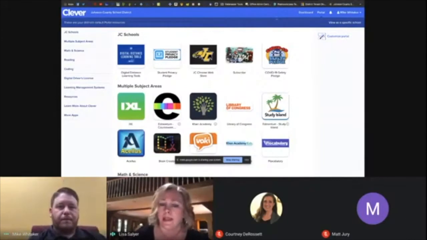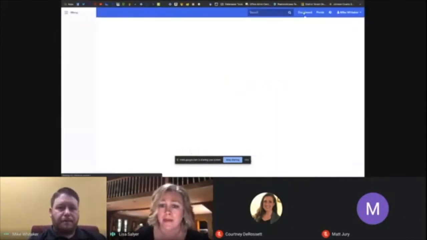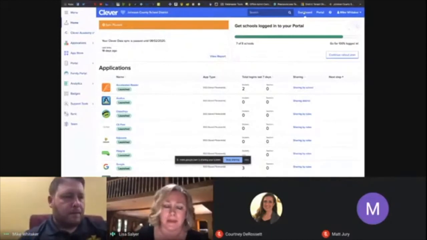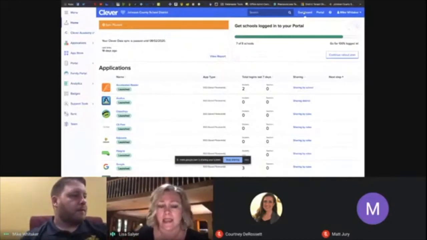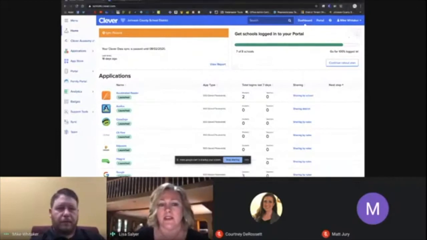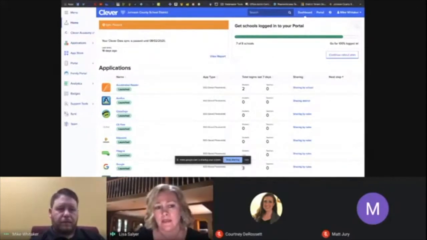And then we plan to have parent information. I'm not sure what it'll look like exactly yet, but maybe we'll have small groups of parents come in and we can train those new parents and get them up to speed on this. But I can't say enough about Clever, coming from